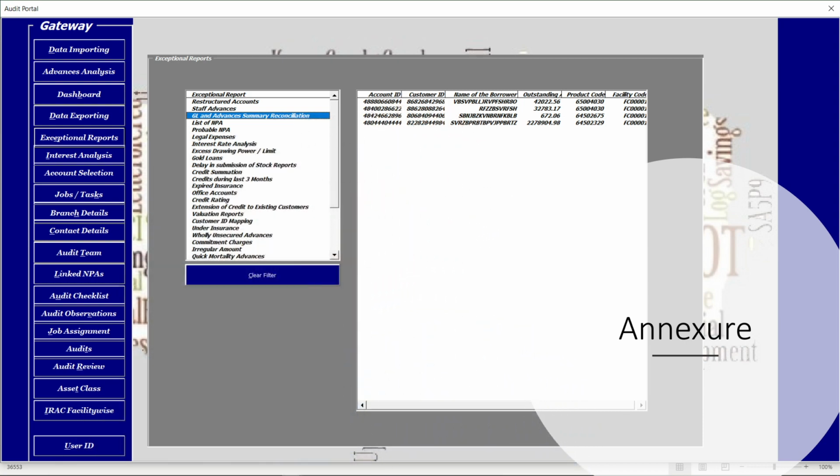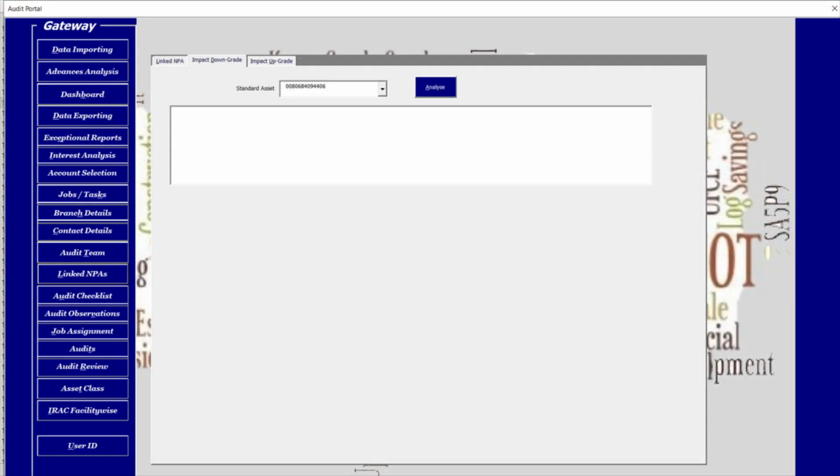Click on the linked accounts, enter the customer ID which has been selected from the identified list into the drop down list. I have entered record number 3 for our verification purposes.